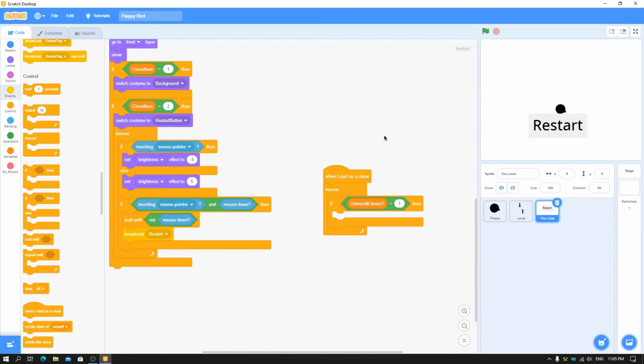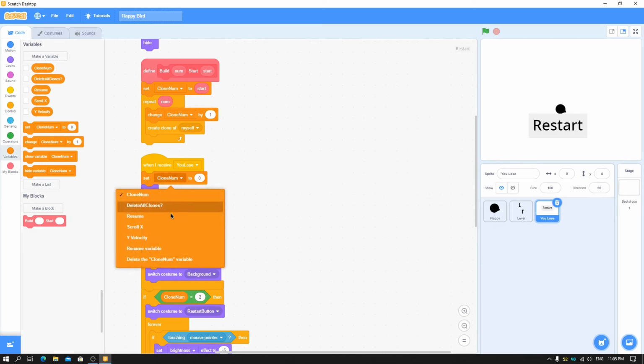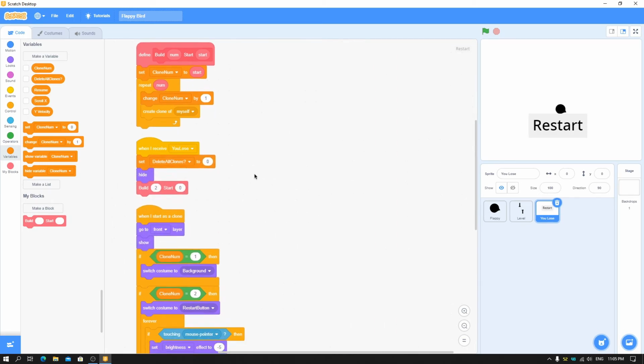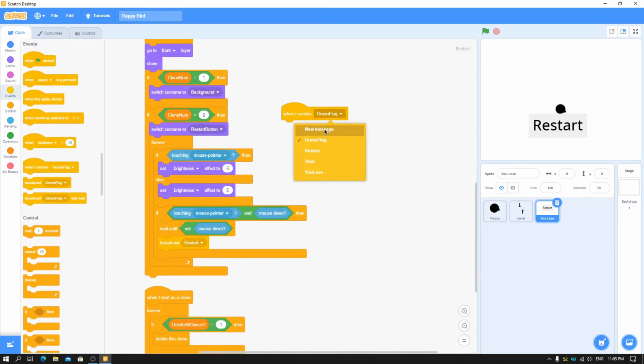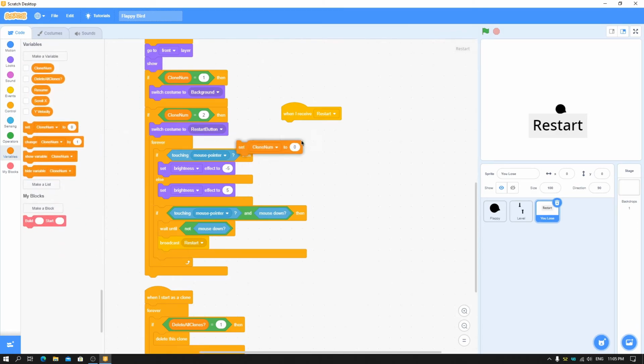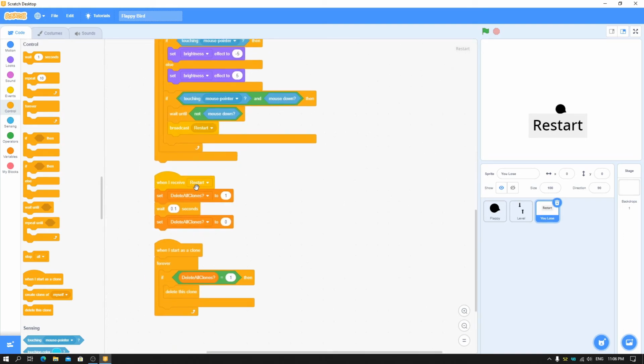If delete all clones is equal to 1, then delete this clone, and here we'll just set delete all clones to 0, so it won't delete as soon as it is created. And also put here when I receive restart, just set delete all clones to 1, and then duplicate this and set it to 0. But this won't work if you don't add a delay. Just put here wait 0.1 seconds. So it will just set it to 1 and everything will be deleted. It will wait and just set it to 0 for the next time.